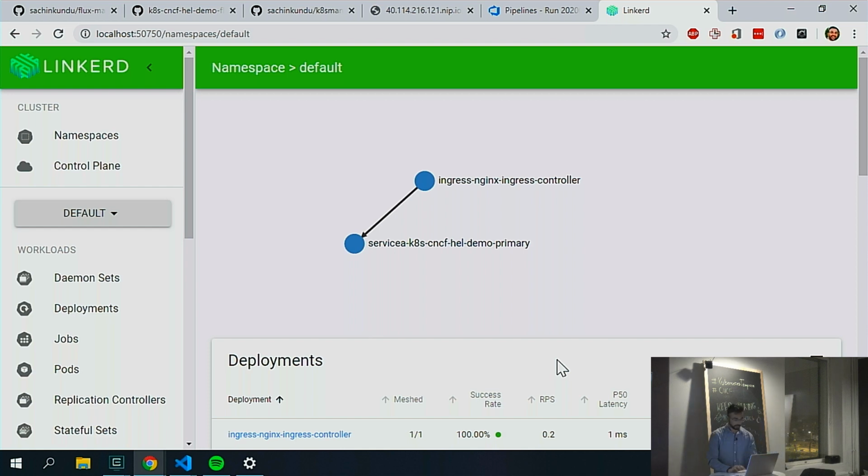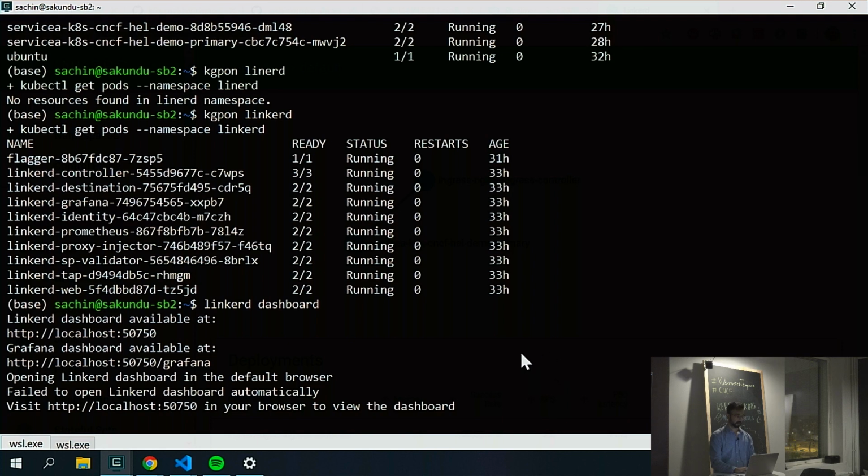And again, I think Istio has a much better dashboard. But if you're just going for the dashboard, then probably there's something else we need to talk about. Linkerd